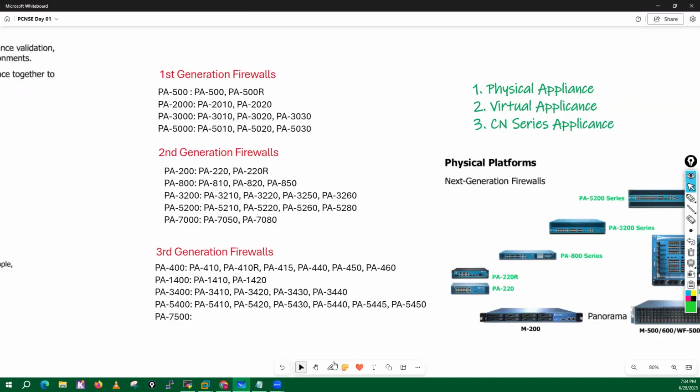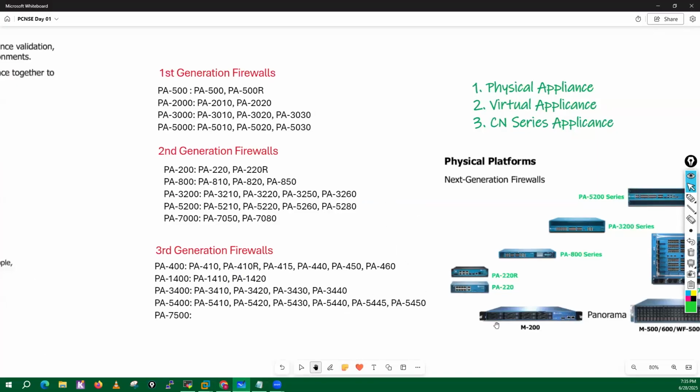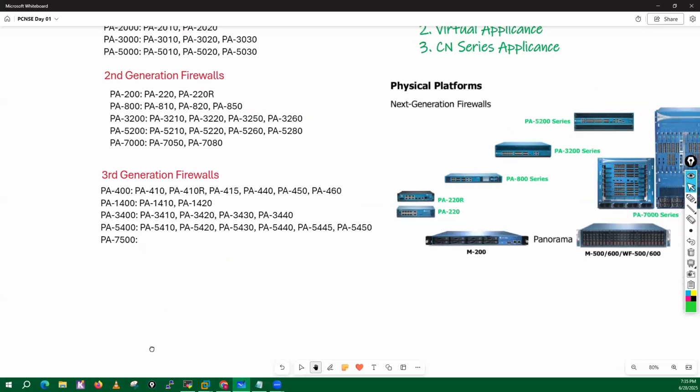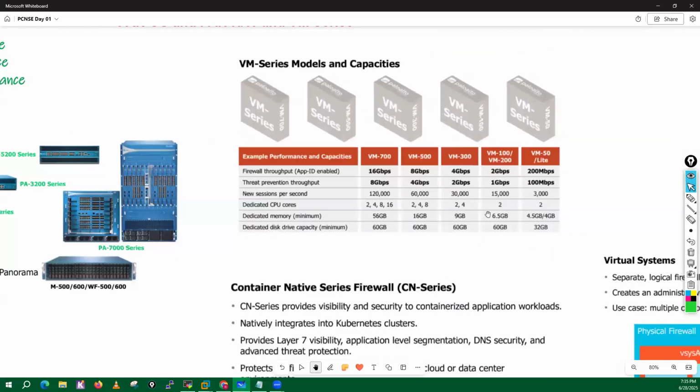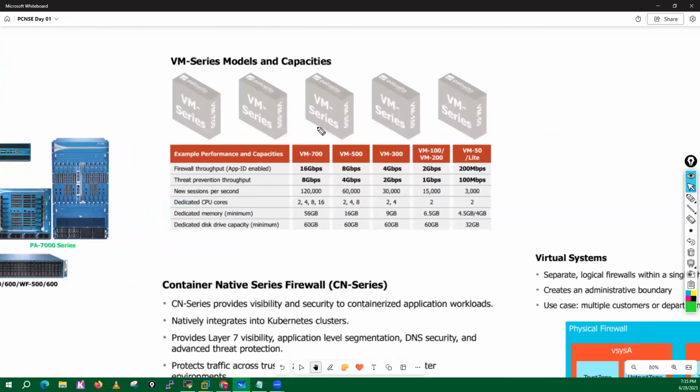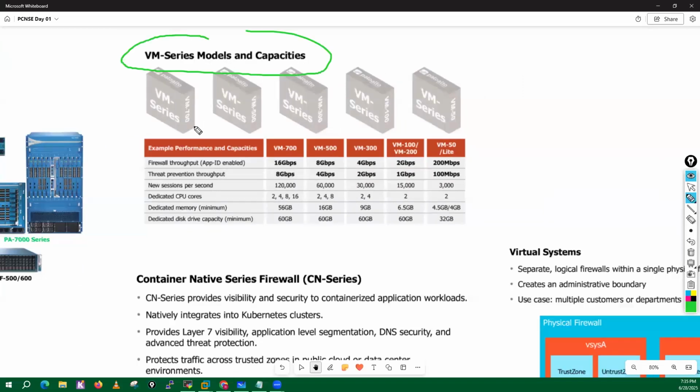Apart from those hardware appliances, now we do have virtual appliances. Those are the VM-Series firewalls. So those are the virtual appliances, like VM 700, VM 500, VM 300, VM 100, and VM 50. Those are the VMs which we can run in your virtualized environment, like in your hypervisors, like your VMware,